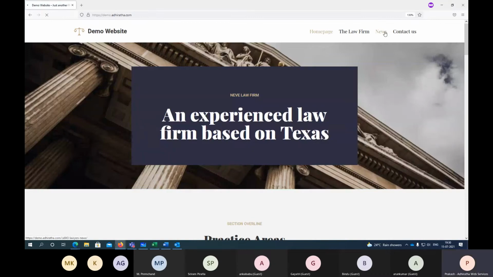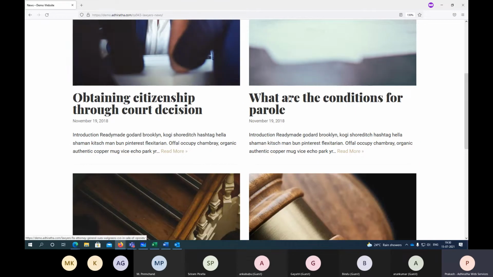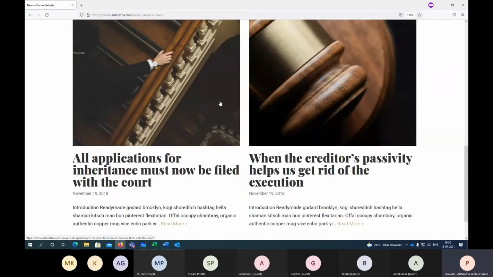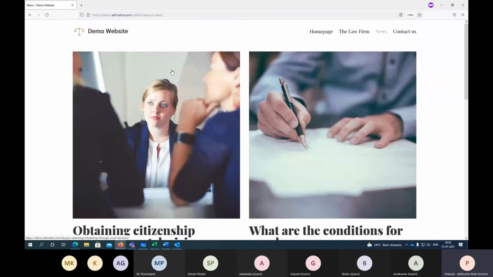Now, if I come to the sample website, again, if I go to the news, see, now this is properly aligned because every post they created has a featured image there. That's why it is showing properly. Earlier, we had a sample image, sample blog, right? That was not properly given there. There's no featured image. That's why it was not showing properly. Now this one is there. Then the contact us page.